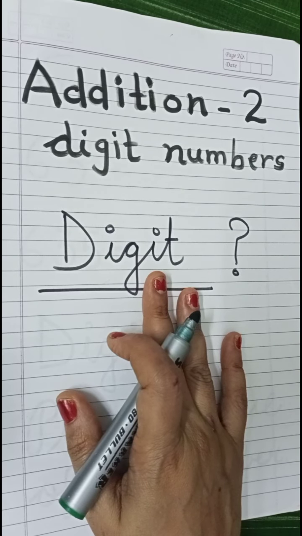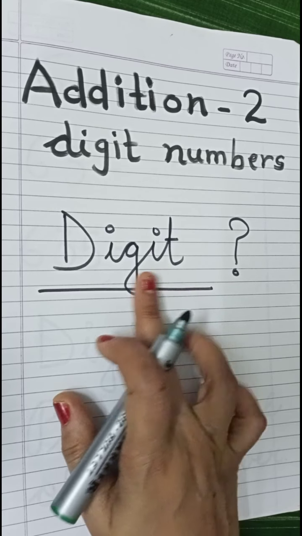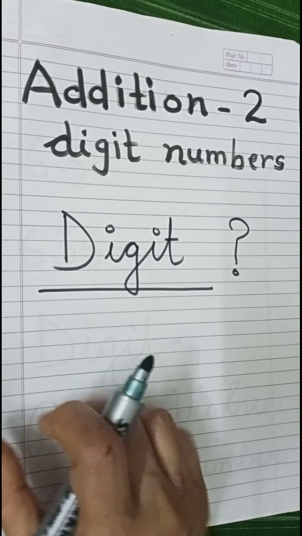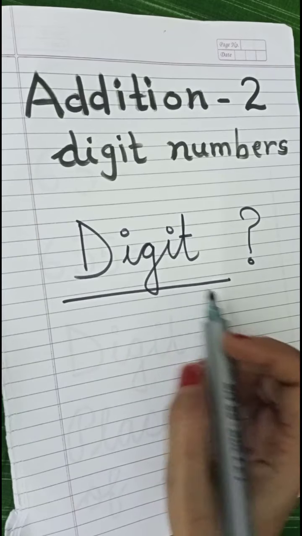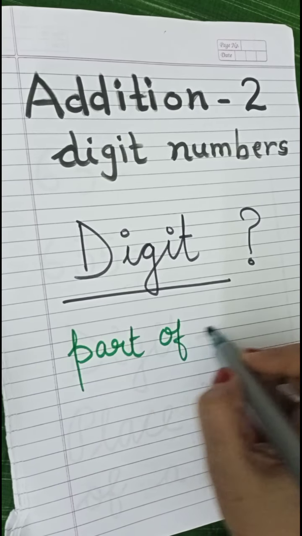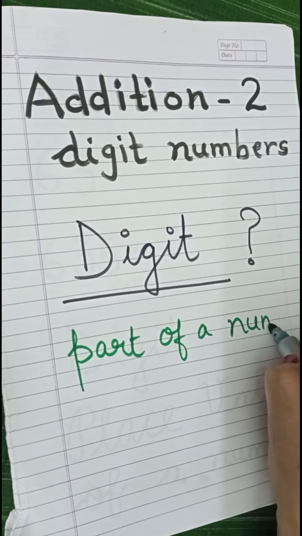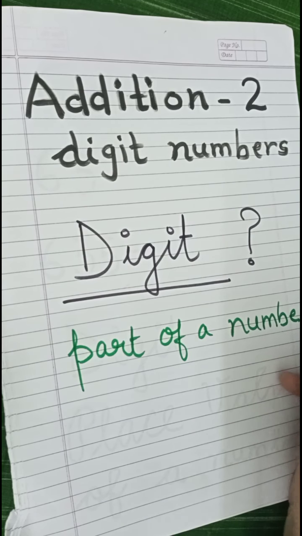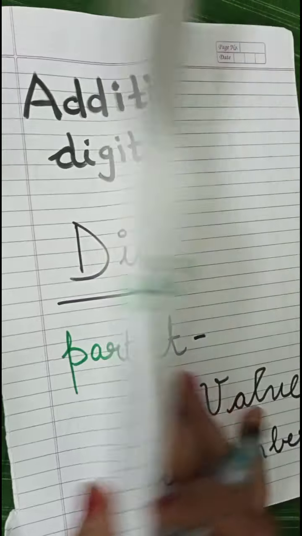Okay, before going into the topic, you should know what is a digit. A digit is a part of a number. Okay, for example,